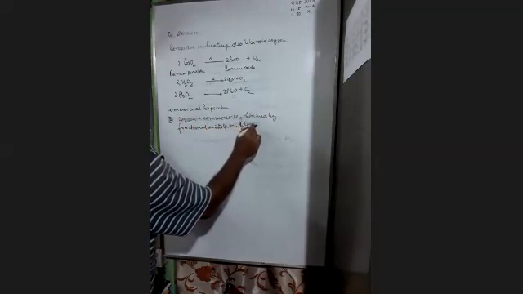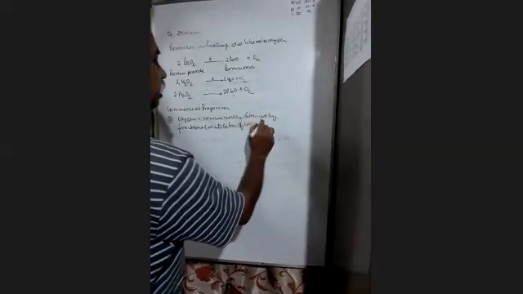I told you in nitrogen. You liquefy air. From this liquid, if you go for fractional distillation, first nitrogen will come, followed by oxygen. So that is by liquid air. And second, we obtain it by